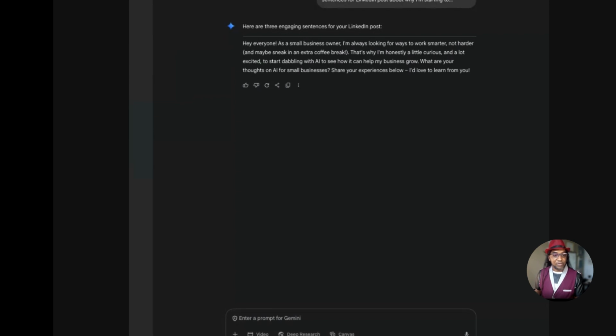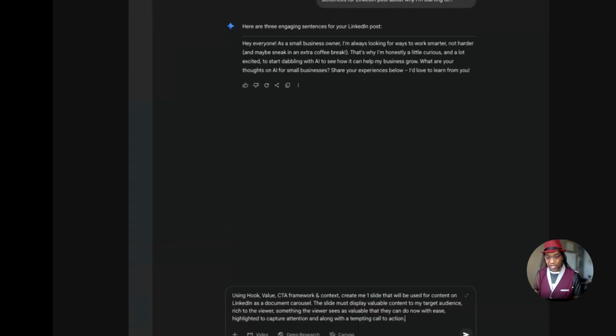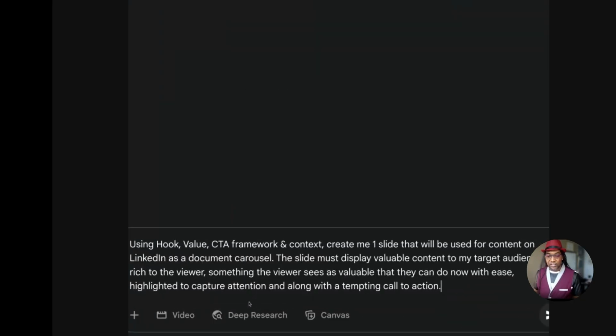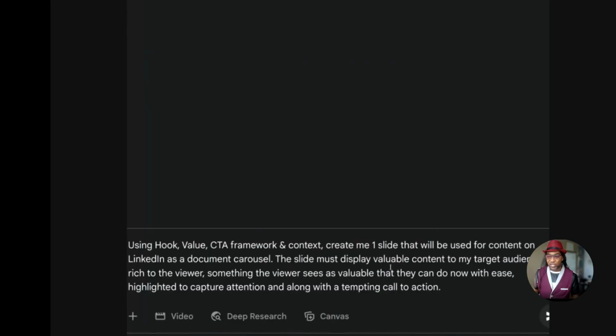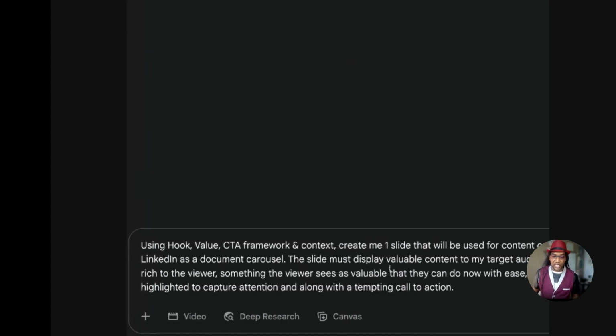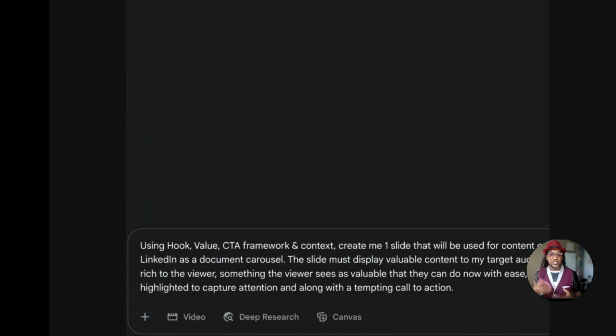And so I'm going to grab that first just so you can see it all. I'm going to paste it in here. Using the hook value CTA framework and context is pretty much, let me zoom back out. This is my context. This is our original text that we have, right? And using the context, creating one slide used for content on LinkedIn as a document carousel. I could have just said carousel, but because LinkedIn sees it as a document,